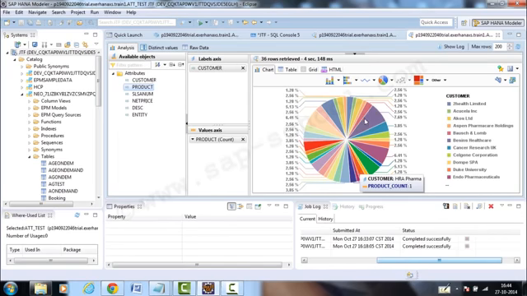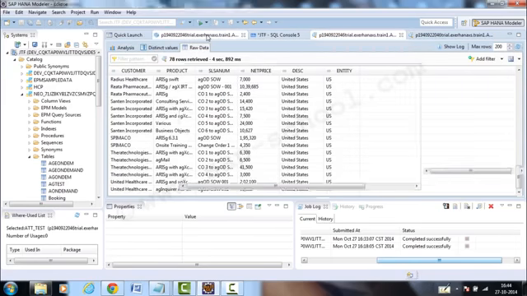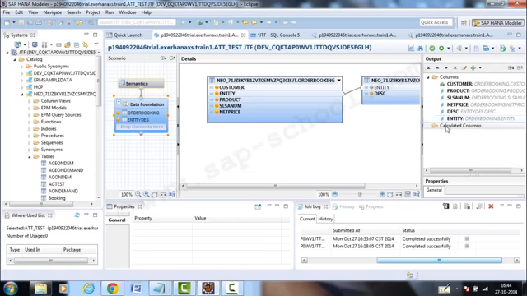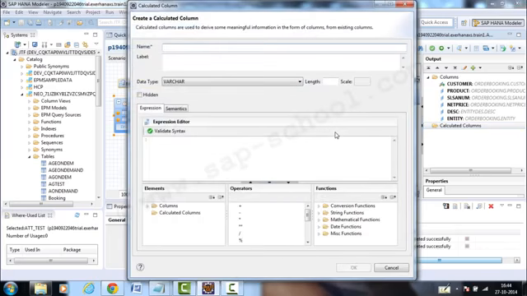So going back to creating a calculated column. Let's look at our definition here. Let's create a calculated column based on net price. I want to mention that my net price in the file has been defined as a string. So I'm going to say net price star 1000 and hit a decimal here and say,